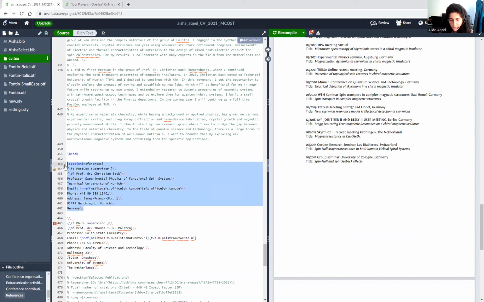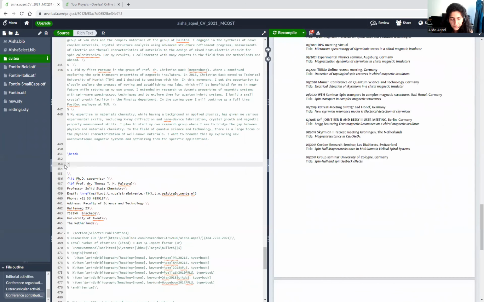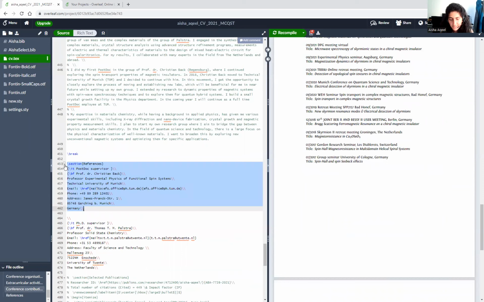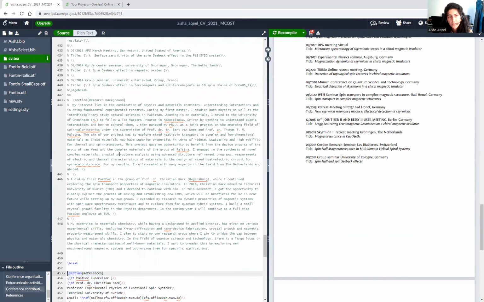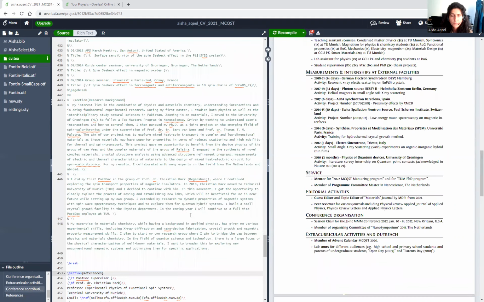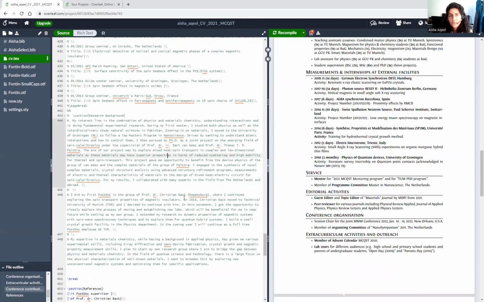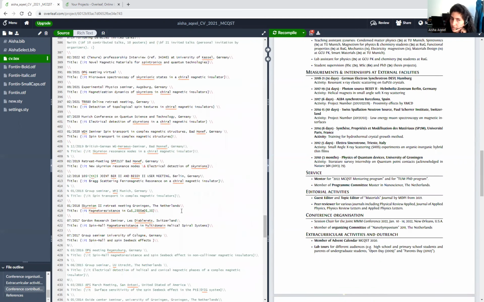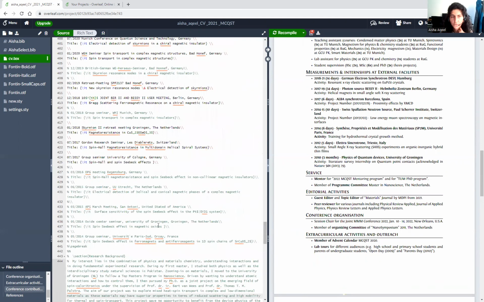And comment is just with, sorry, with control slash, which I have done, and I will just uncomment it because I don't want to make changes. There is some text which in this CV I don't want appearing because of some page limitation, but I don't want to delete the text either. I just comment it here. So when I want to use this CV somewhere else, I can just uncomment it and rearrange.